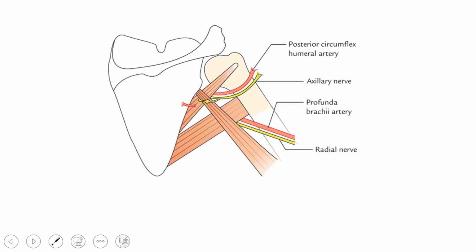So this is the diagrammatic view of the axillary nerve seen in the quadrangular space. Yes, I have already discussed the course and the distribution of the axillary nerve in the quadrangular space. This axillary nerve is accompanied by an artery which I have already mentioned, that is the posterior circumflex humeral artery. The axillary nerve winds around the surgical neck. It is actually the anterior branch of the axillary nerve which is accompanying the artery, whereas the posterior branch, as we can see here, supplies the teres minor with formation of the pseudoganglion.